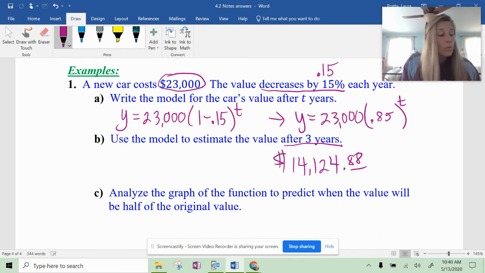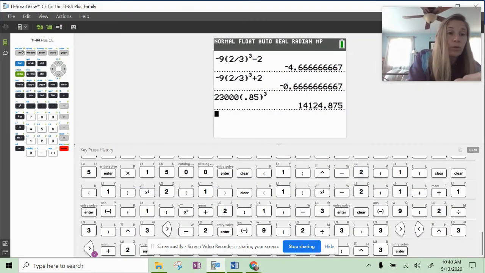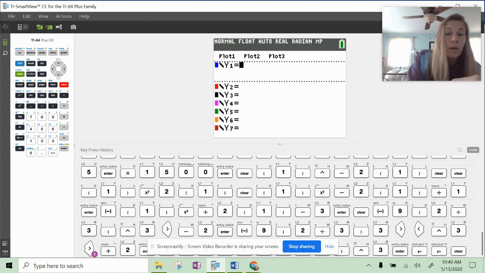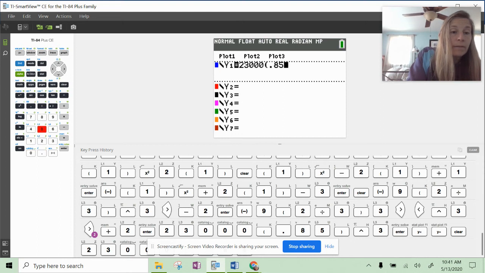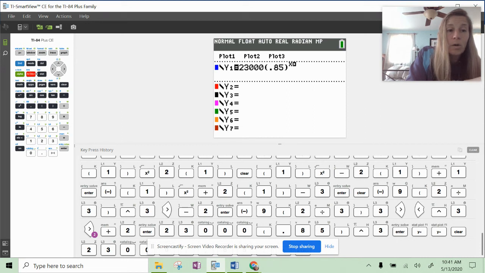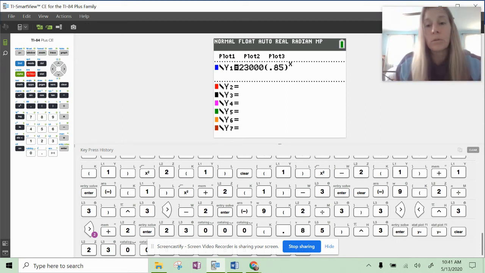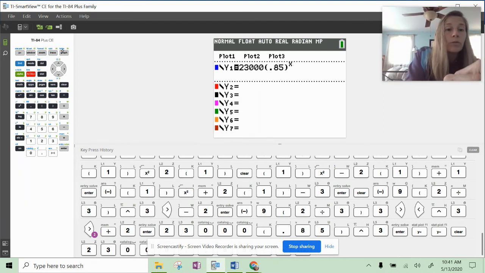But remember, if you wanted to find more years out, you could then analyze the graph to predict when the value will be half of the original. So this is where you'd want to use your graphing calculator. So if you go into your y equals and you type in your 23,000, and then you have your 0.85, and you're just going to make sure you raise it to the x or the t. So if you look at my calculator button there in red, it says x comma t. That's because that's the variable you'd use for the time there as well. So now if you look at the graph,